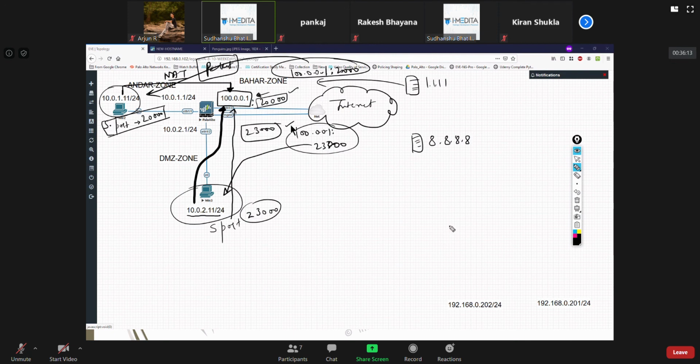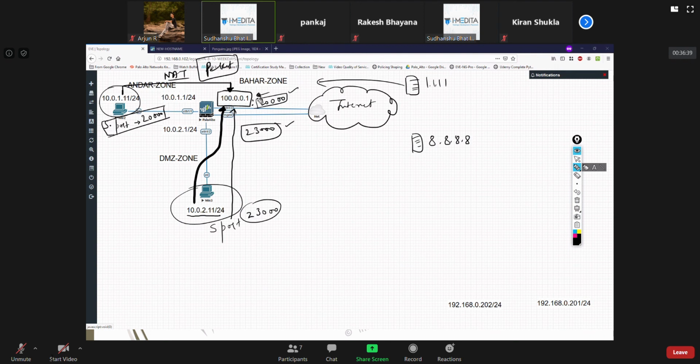But the thing is, these devices randomly choose port numbers. Suppose both of them utilized 20,000. The first went, a fraction of a millisecond before, to utilize port number 20,000.